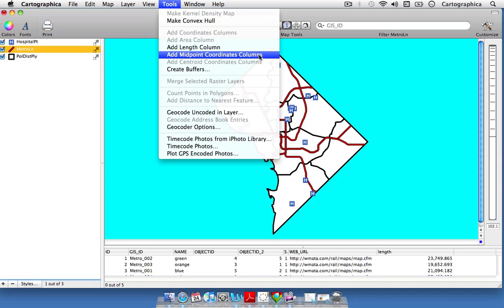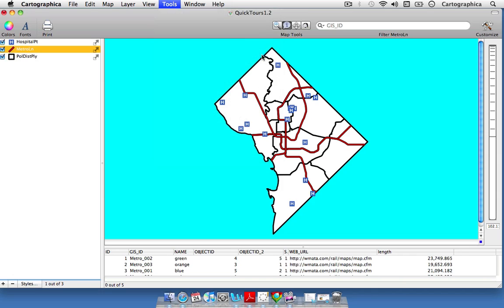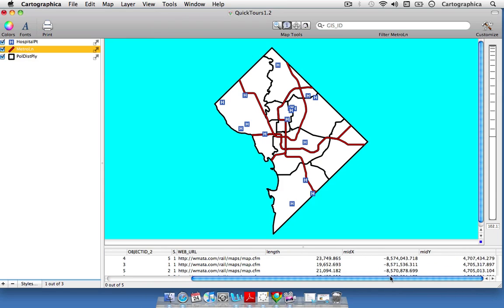Another tool for lines is again under the Tools menu. We can click Add Midpoint Coordinate Columns, and that'll tell us the midpoint coordinates for each line. So now we know the XY location for the midpoint of each metro line in the city, which can in many ways be helpful. If we look down at the bottom and scroll over to the right, we see we have that length column we added. We also have the mid X and the mid Y, which is the X data and the Y data